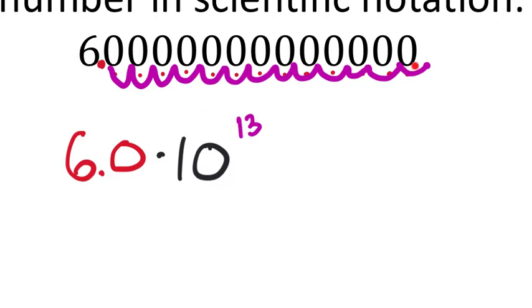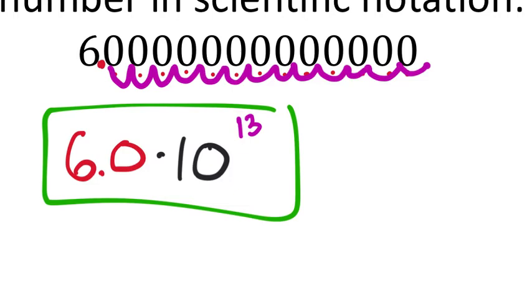Okay, well, since this number right here is bigger than 1, we know it's going to be a positive 13. That's done. Now if it were less than 1, meaning some kind of decimal value, that is what will make this exponent a negative. So, like we just saw in the last two examples, now that it's in scientific notation, see how it's positive 13 here? To change this back into this giant number, I guess that'd be 60 trillion,